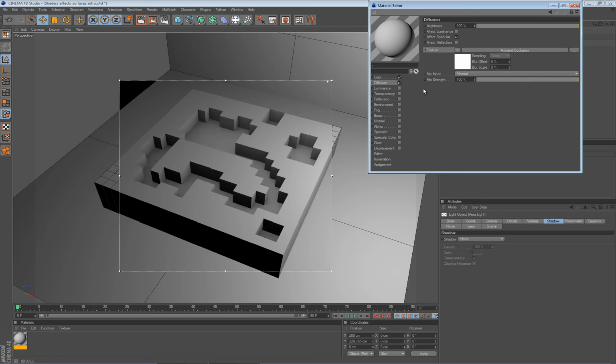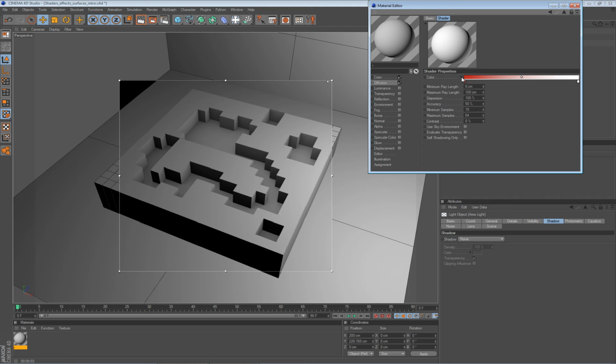And here we have a problem. No matter what color you set here, it will convert it to grayscale values, so values of black, white, or anything in between. To resolve that, you can use this ambient occlusion in another channel, or